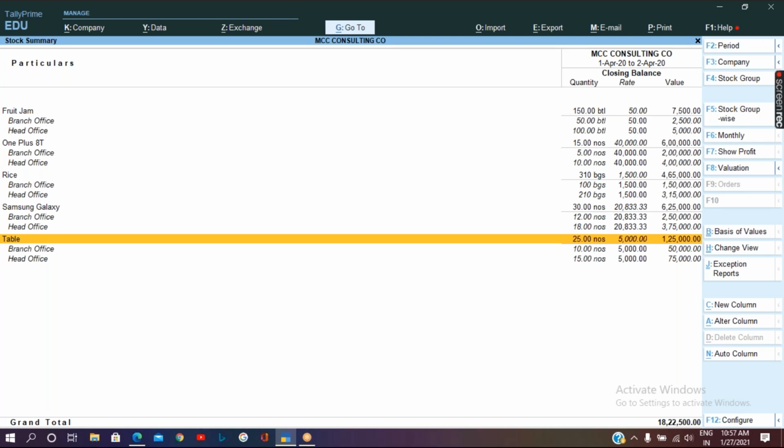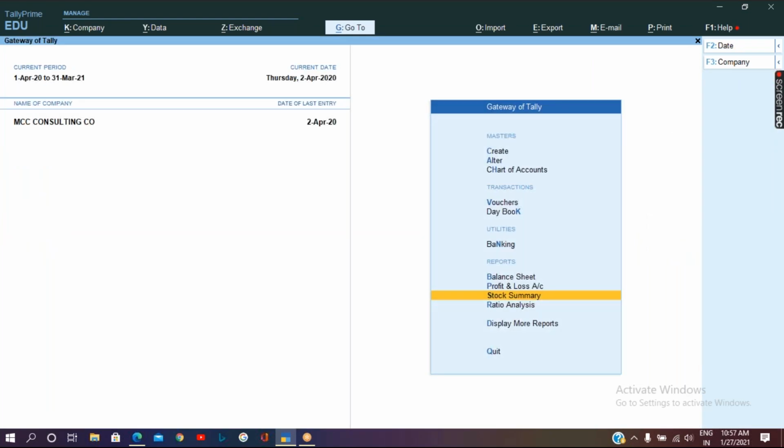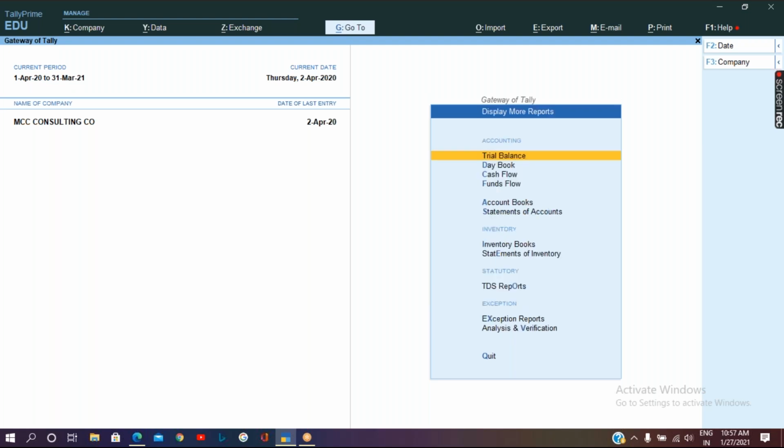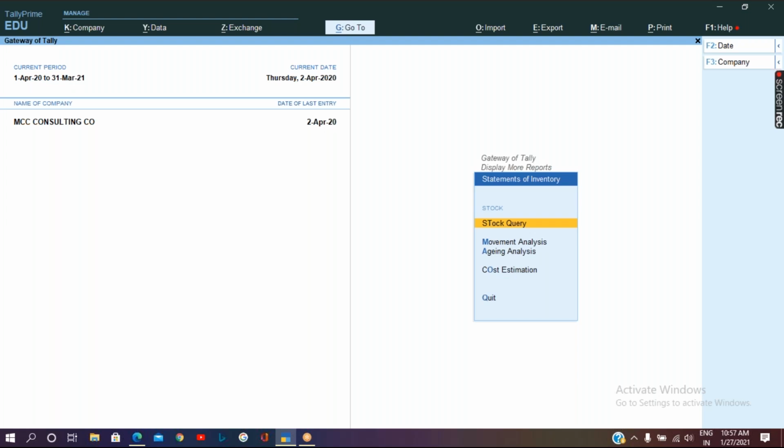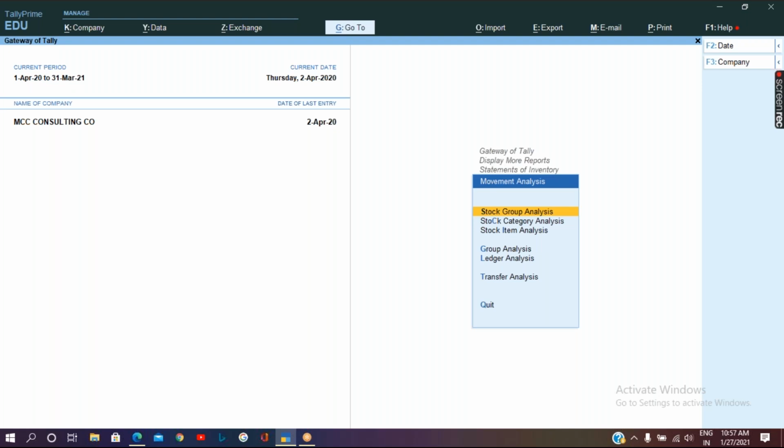Now, before this, I also want to show one more report related to the transfer of goods. If you want to check the report only related to the transfer of goods, you can go to Display, then Statement of Inventory, then Movement Analysis.